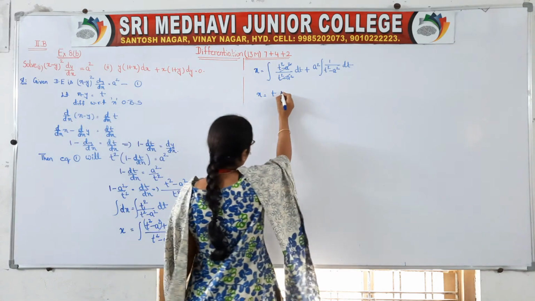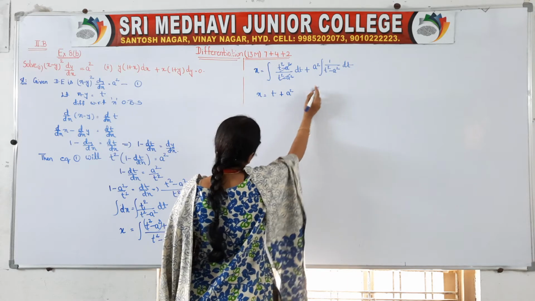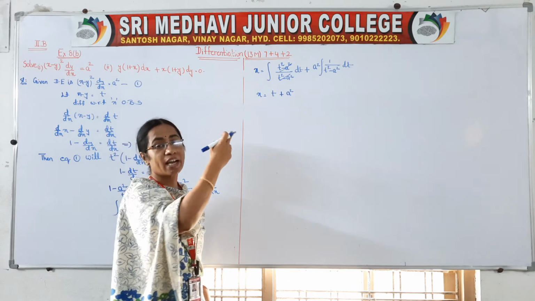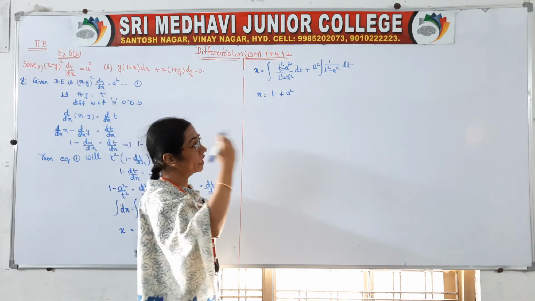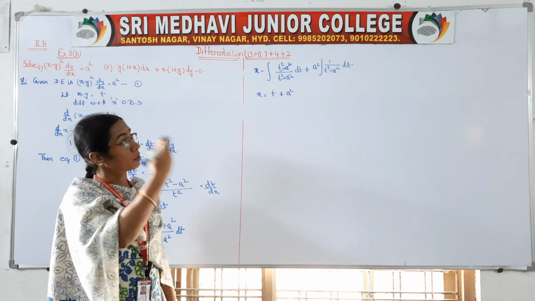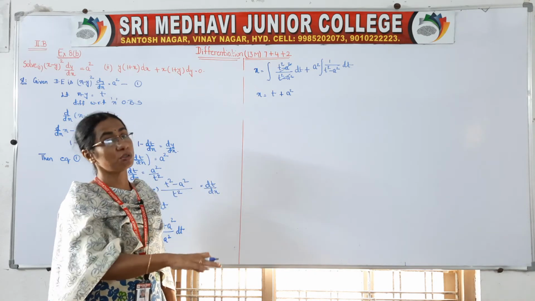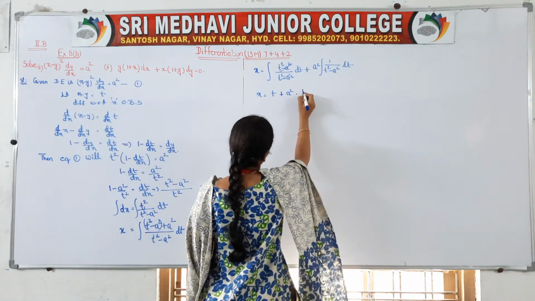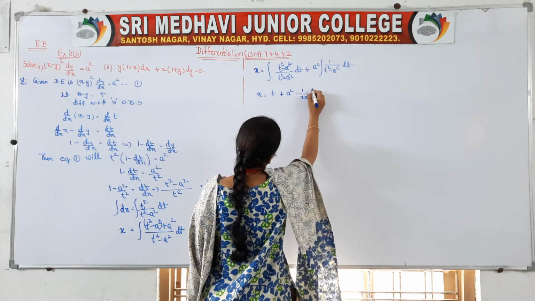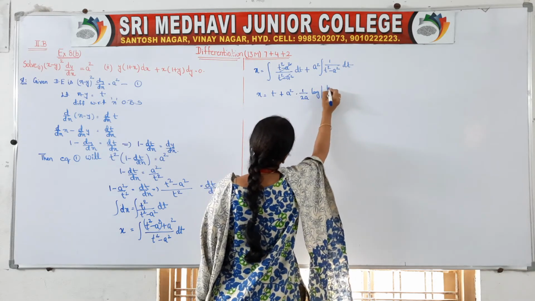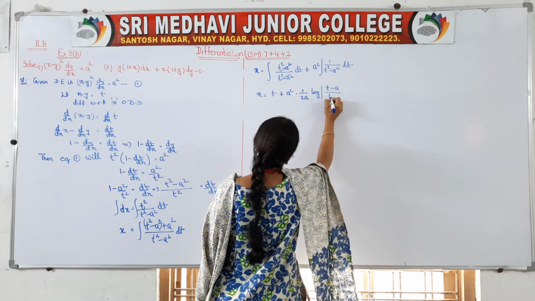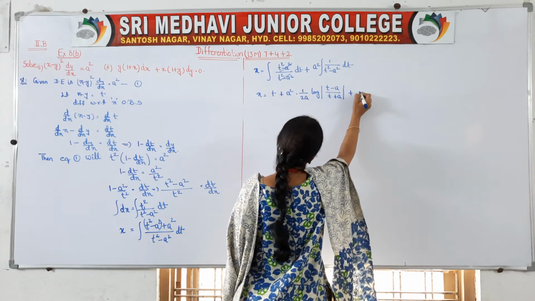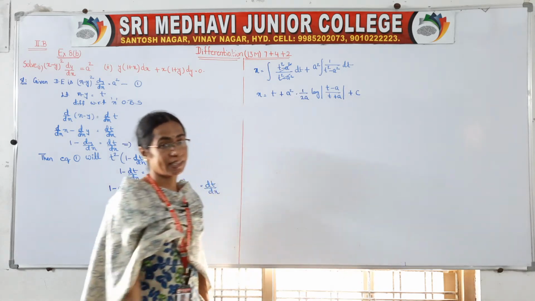And here you know your standard integral formula. What is that? The integral of 1/(x² − a²) form. Instead of x you are having t here. We have used this formula so many times, isn't it? So what is this formula? 1/(2a) times log of mod (t − a)/(t + a). After the completion of the integral, we have to write the integral constant plus c.